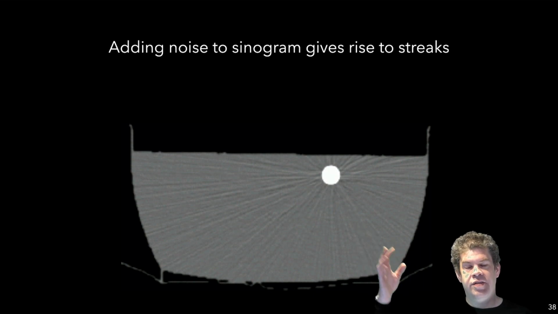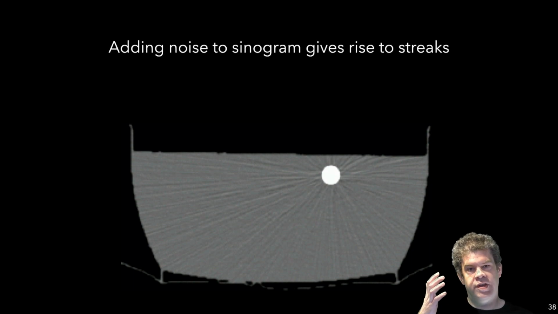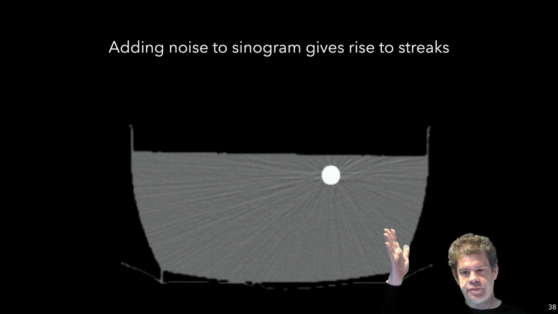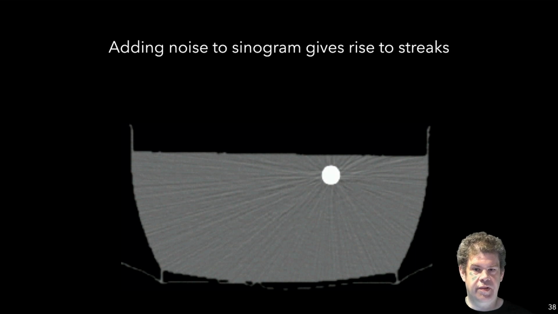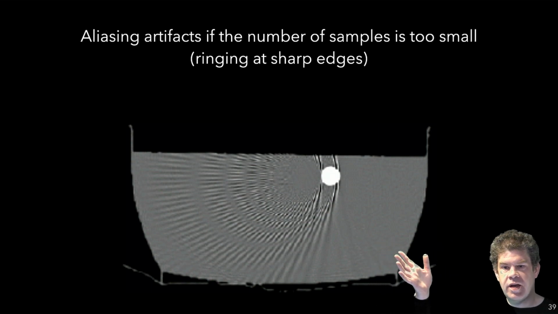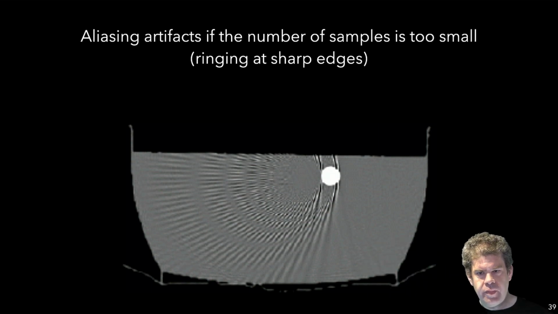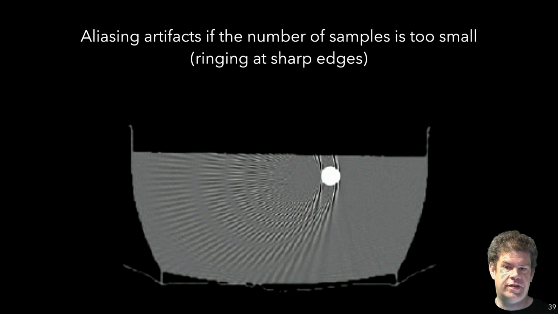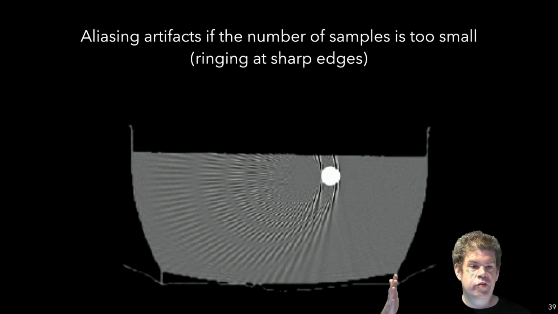Now this here is even harder. There's always noise involved, right? And that's what noise looks like. It's usually noise that is weighted by the values, and so it's attracted by high values. Here's another one, which is what happens if the number of samples is too small. So if you use too few